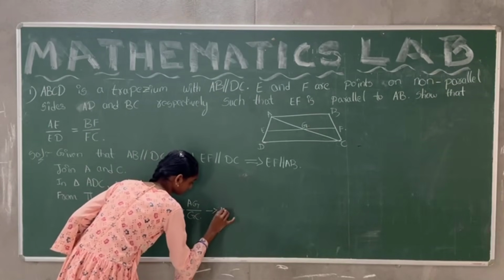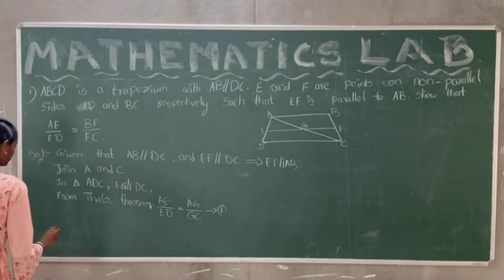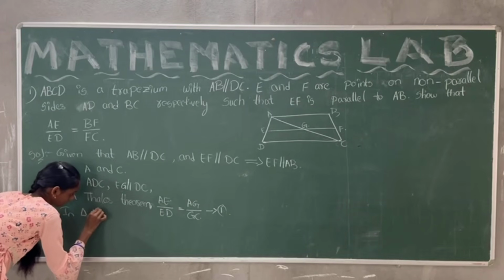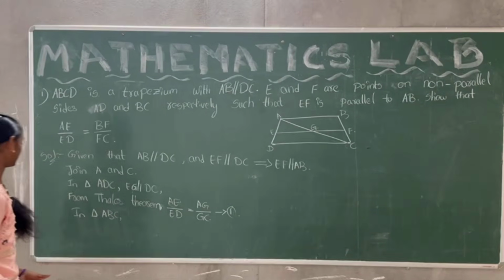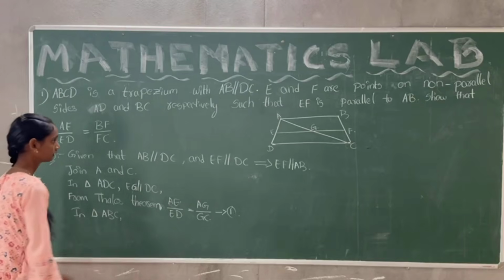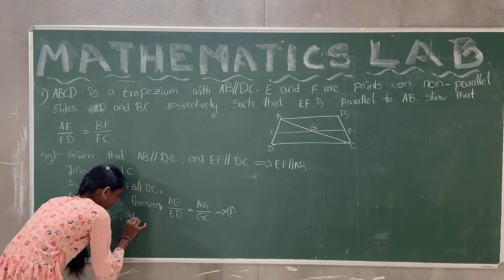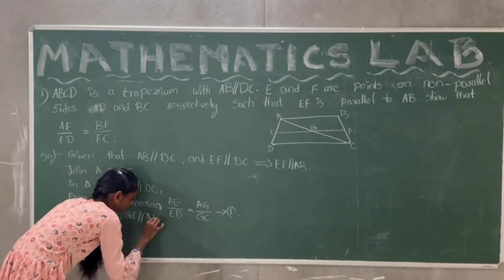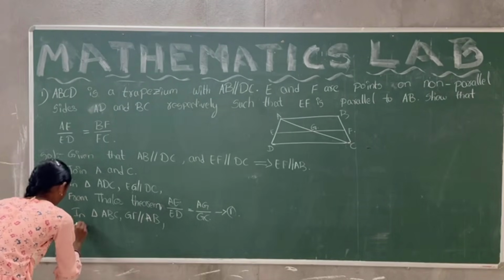This is equation 1. In triangle ABC, GF is parallel to AB. From Thales theorem,